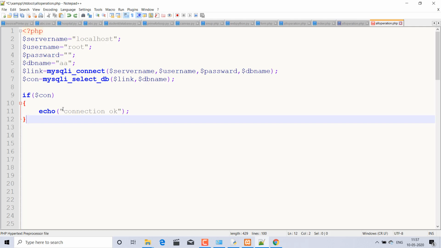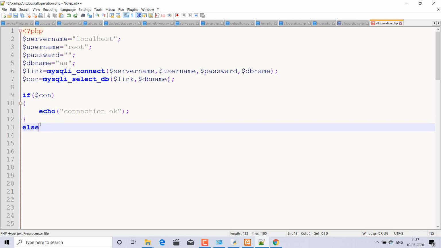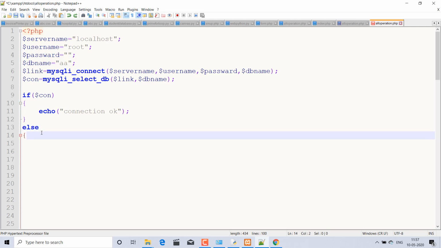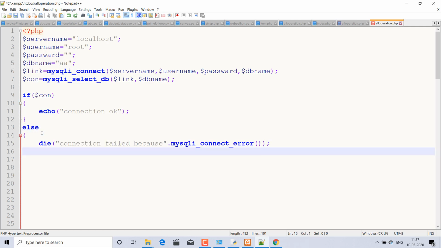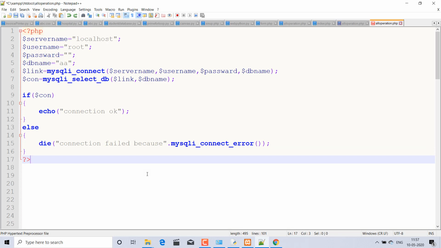Then the if block is closed and the else block starts with a curly bracket and die. It means the die function will show why the connection is not made, so the explanation also comes here. Okay, the else block is closed and the PHP script is closed.